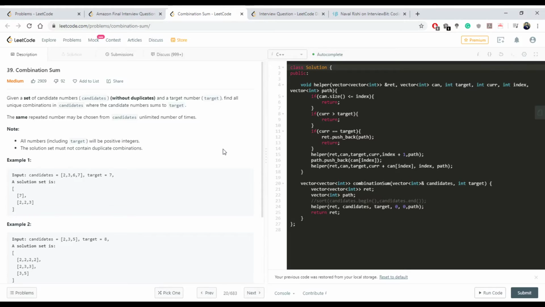If the size of our candidate, which is our current path, I think. Mm, no. Oh, yeah. If the size of our candidate is less than the index, I don't think we're ever updating the candidate. Oh, basically